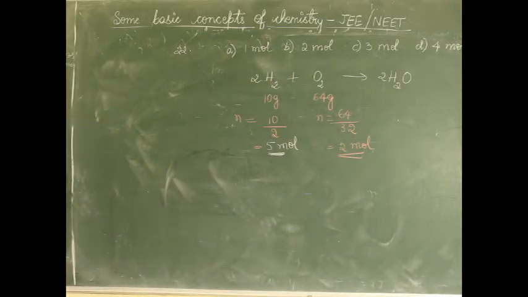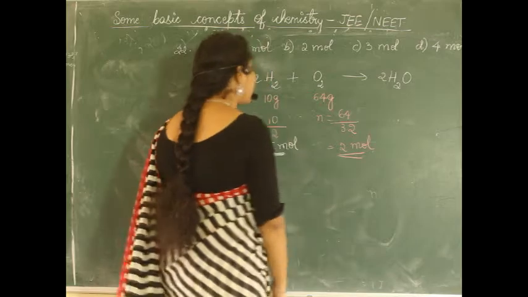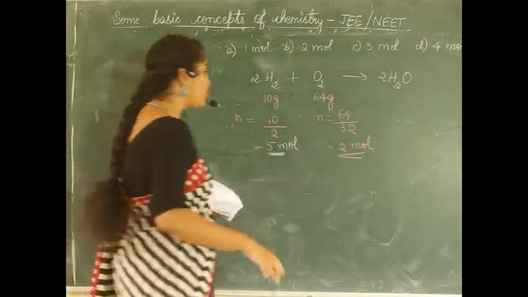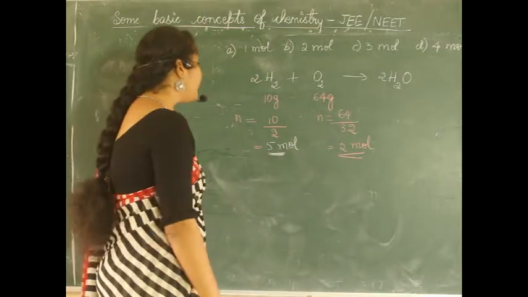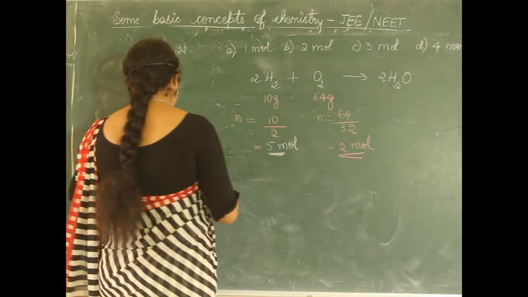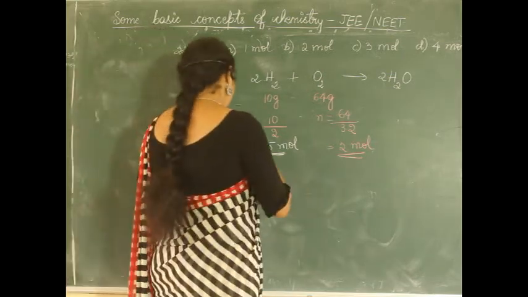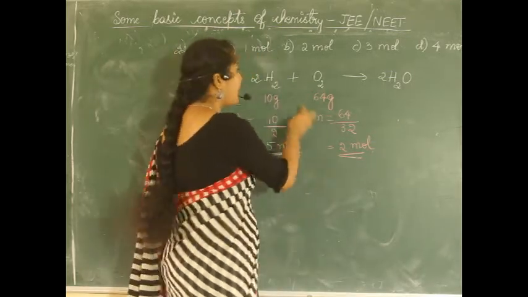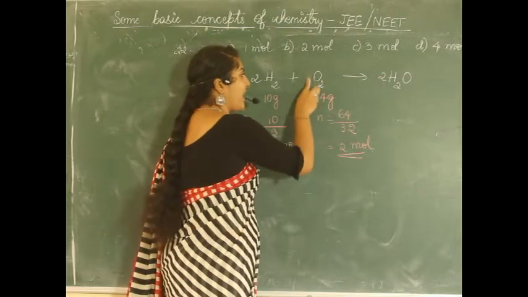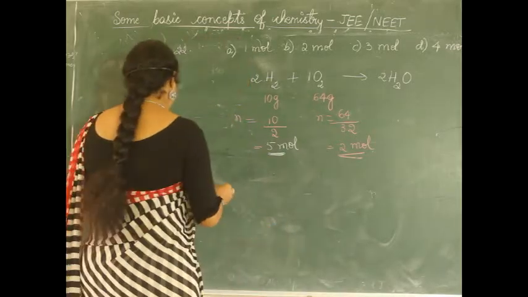Which is the limiting reagent here? Whether it is oxygen or hydrogen, that is the limiting reagent. Limiting reagent is oxygen, 2 mole. This is 5 mole. So this gets consumed soon compared to hydrogen. Now what we have to see is amount of water produced in the reaction, right? So 64 gram of oxygen means 2 moles. But here you see in the balanced chemical equation we need to find for 1 mole, right? So what are we supposed to do?